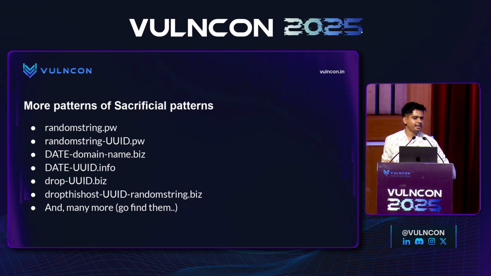But the vulnerability still exists, and there are more than a dozen registrars that are still vulnerable to this particular vulnerability. In total, when I did this research, 500,000 domains were vulnerable. Right now, the number has reduced, but it is still close to 200,000 domains, which is still a very large number. So all of them are available for purchase. Anyone can hijack some of these high-profile domains. Many of them are owned by Fortune 500 companies.